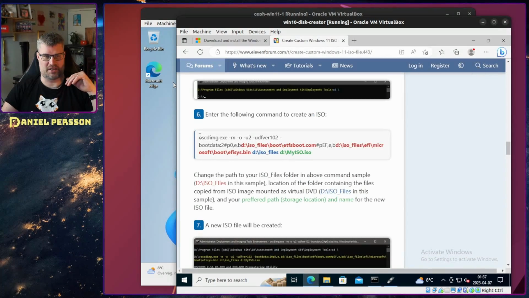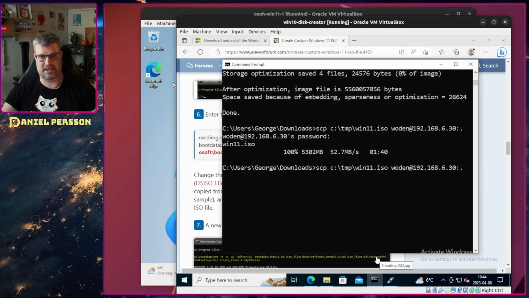So this script here is pretty much run this exe file, and then you have a couple of options here. I see here that you have UDF version 102, and the boot data should be this specific EFI boot file that you need to find. And then you have some PE data here that you go to this EFI system bin, and then where all the other ISO files are available, and then the ISO that you want to write out. And when they are done with that, the only thing you need to do next is to SCP it out to a machine that has